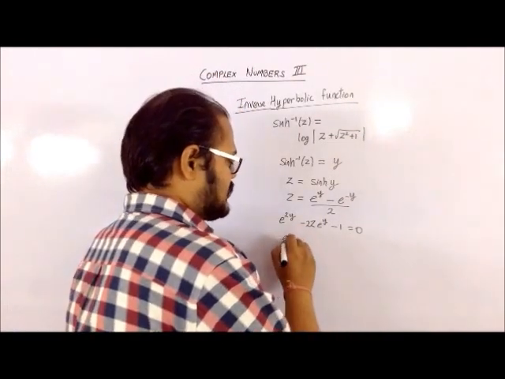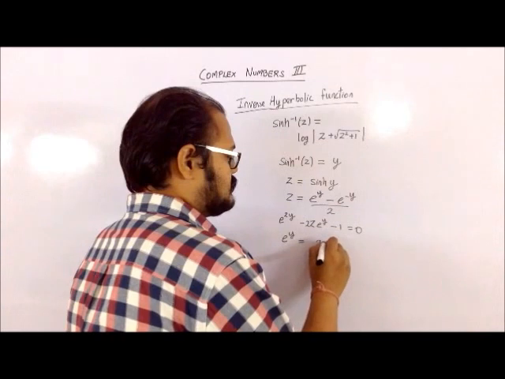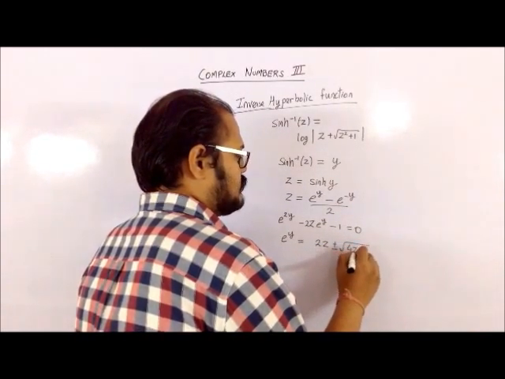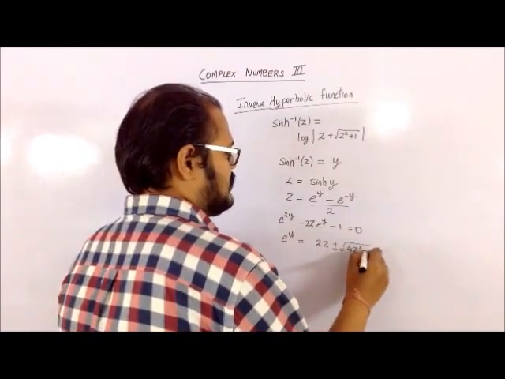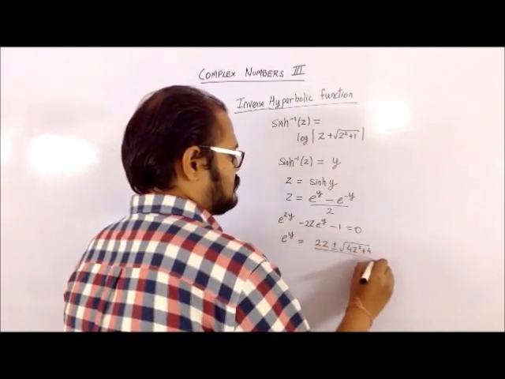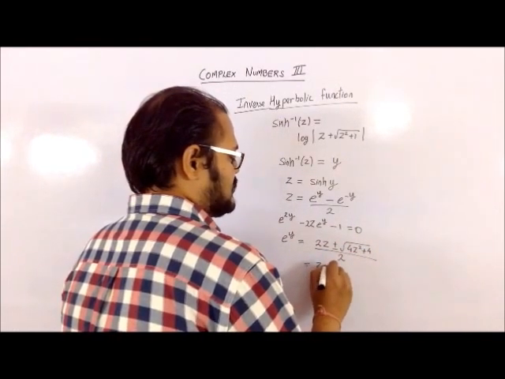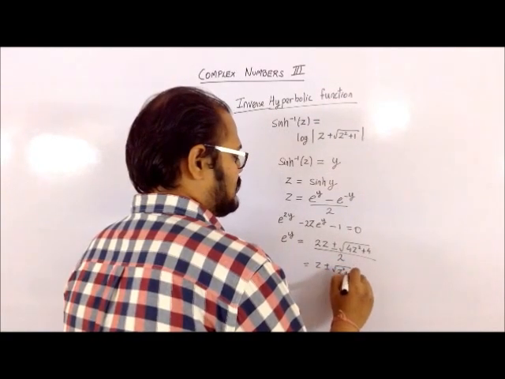So you can write the formula for that, which is 2z plus minus root of 4z square minus of 4ac, which gives me plus 4 divided by 2, which gets me z plus minus root of z square plus 1.